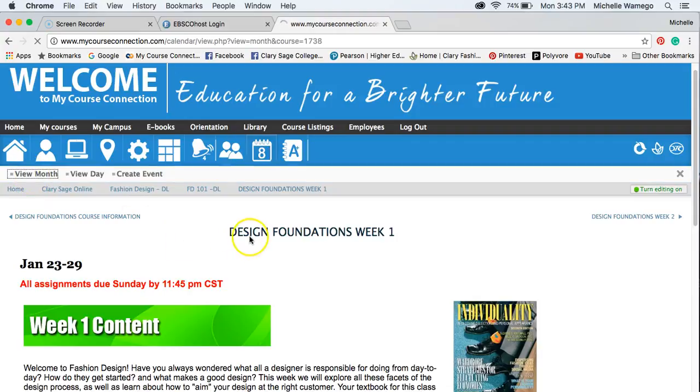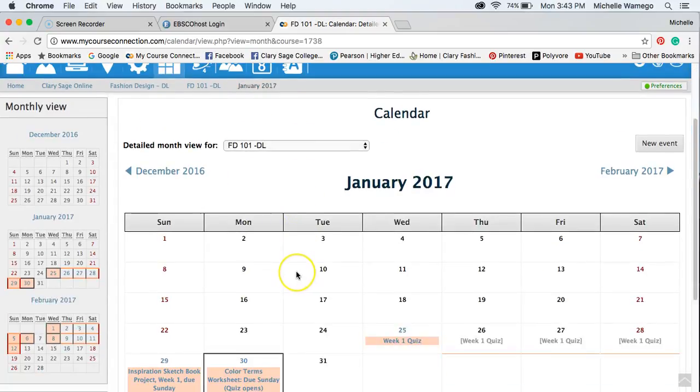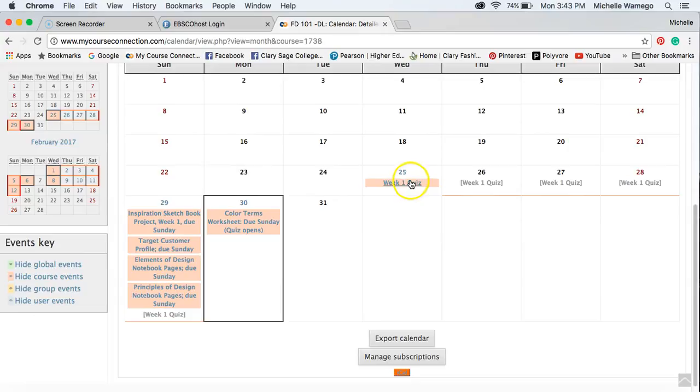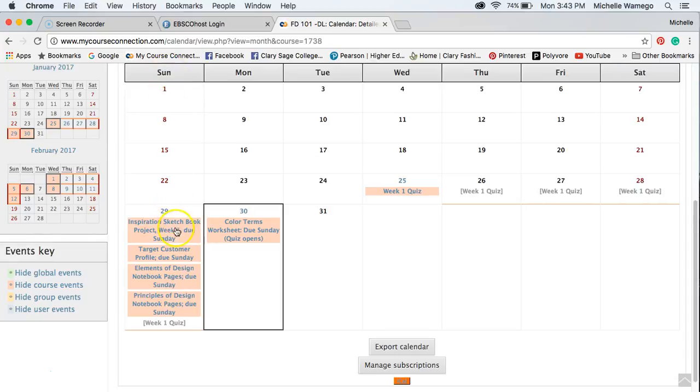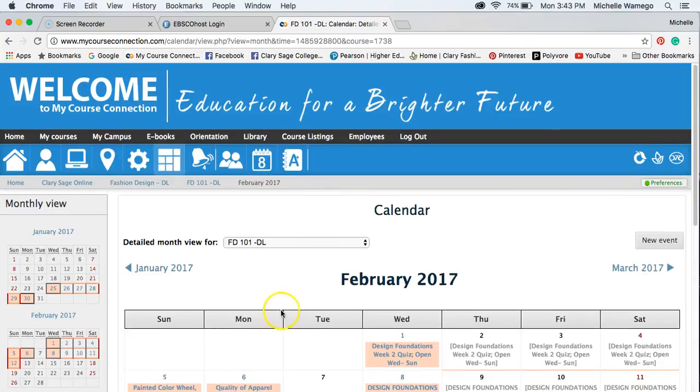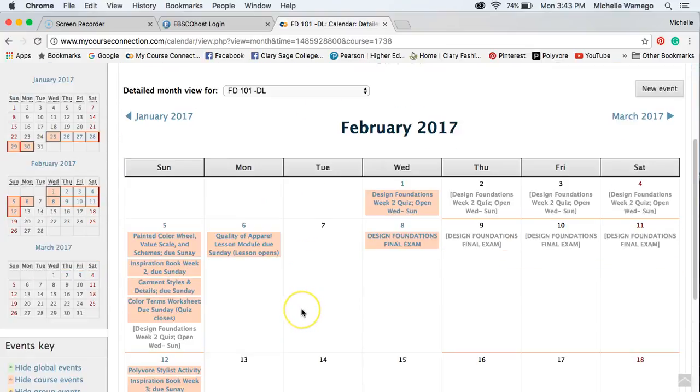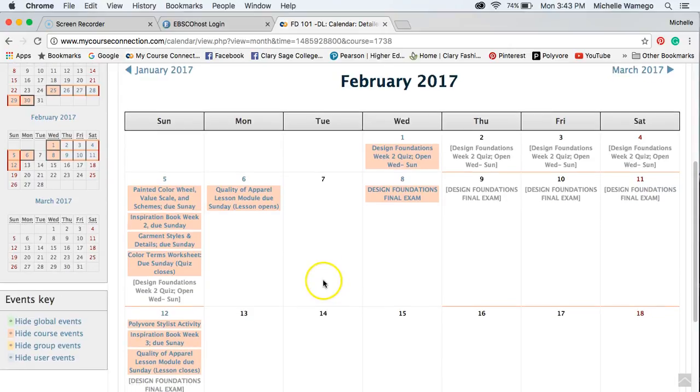The monthly view is easy to take a look at what assignments will be due. Here, all the assignments are due on the Sunday of this month, the 29th happens to be. It'll also show when a quiz is open. Over here it shows the months. So since this course spanned over the transition of one month to another, you can see that it does so,